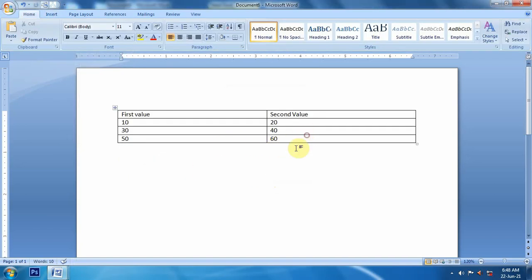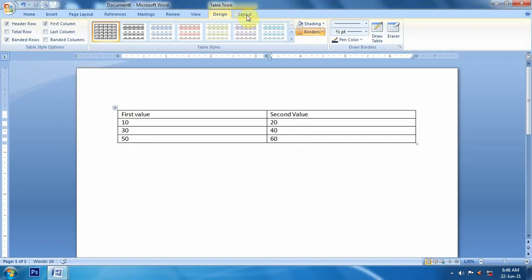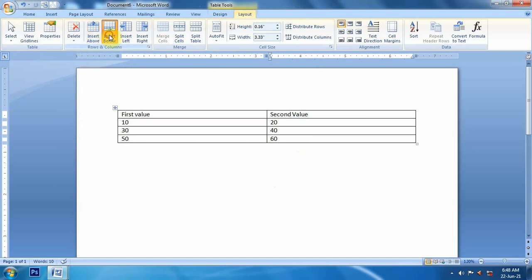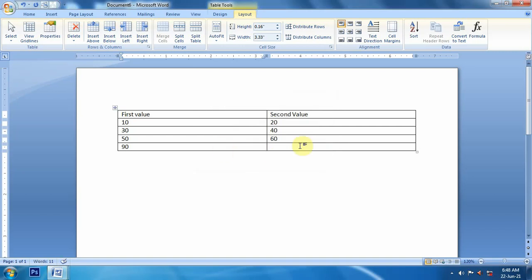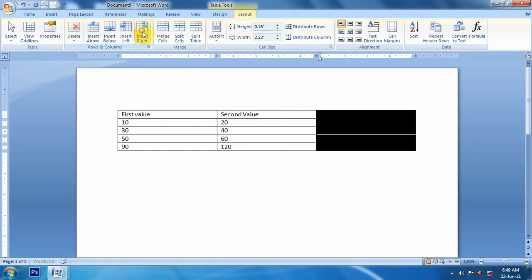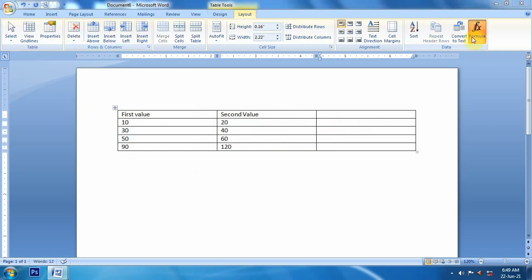Now we'll go to layout, insert a row below. If I put my cursor here and say formula and say sum above, the sum of the above cells will be like this. If I insert a column here and say sum left, the sum of the left side cells will be